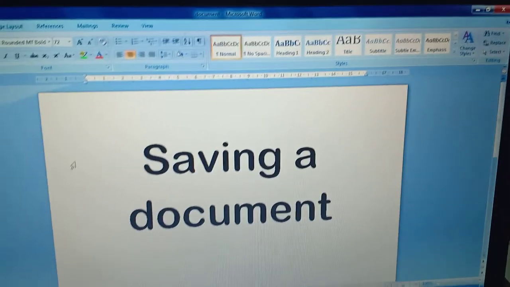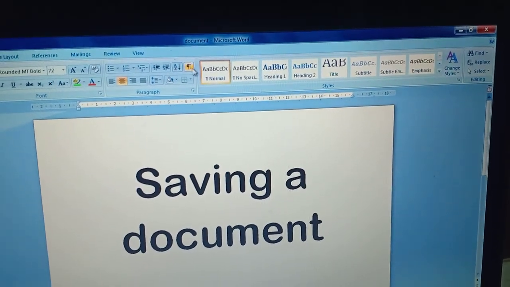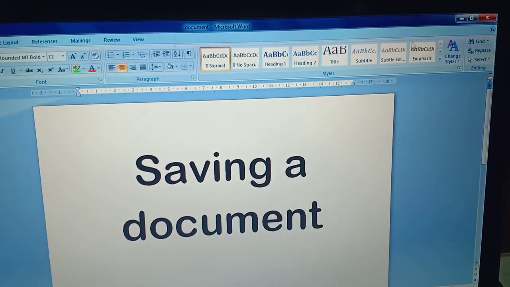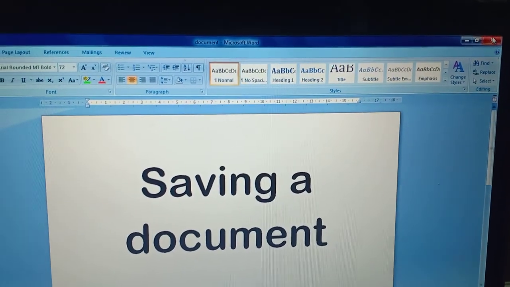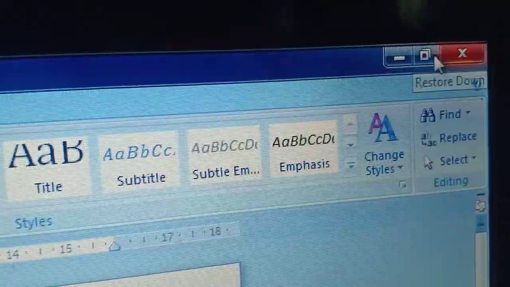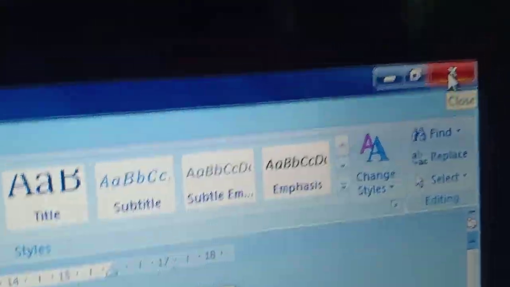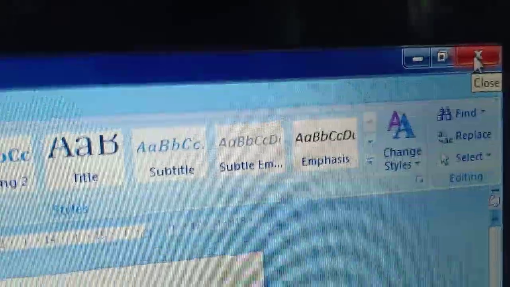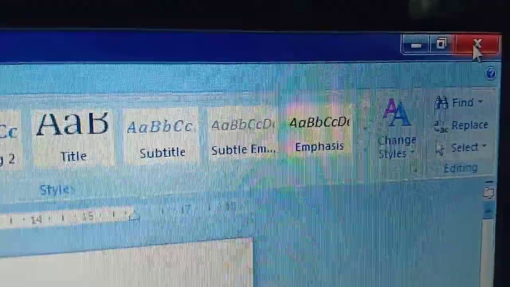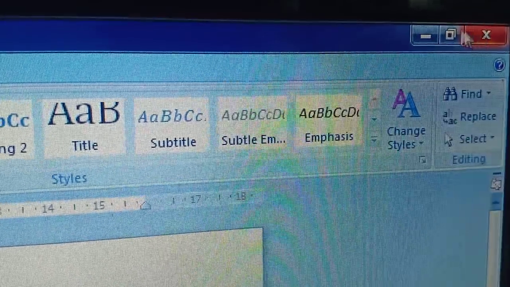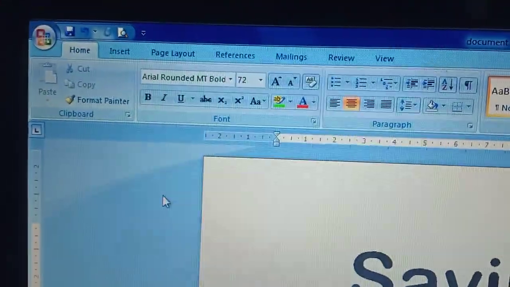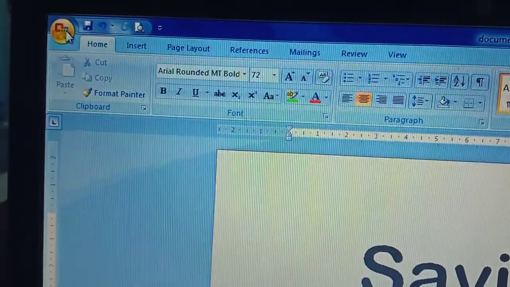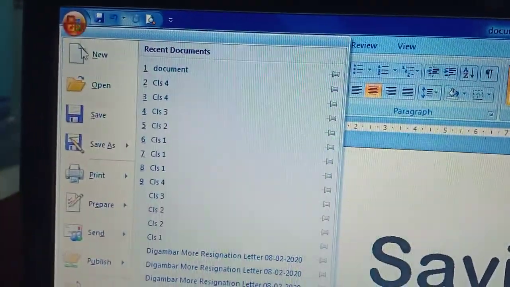Then see, after saving the document, if we want to close this document, then we normally use the close button over here. See, here the close button is present, that cross one. We can directly press the close button from here to close the MS Word document, or we can choose this option from here.